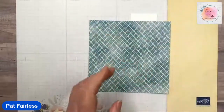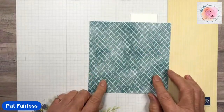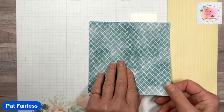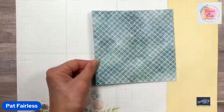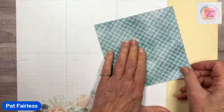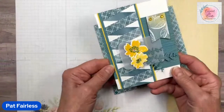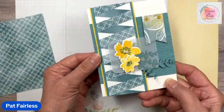So I'm going to show you a card first that I made using this particular paper. And when I did it, I had a hard time deciding which one of the designer papers I wanted to use, but I decided to use this one. And this is the back side, and so we use typically both sides. But what I'm going to do today is show you first the card that I made with that, because I want you to understand what we're going to do and what the outcome is. So this is the card that I used, and